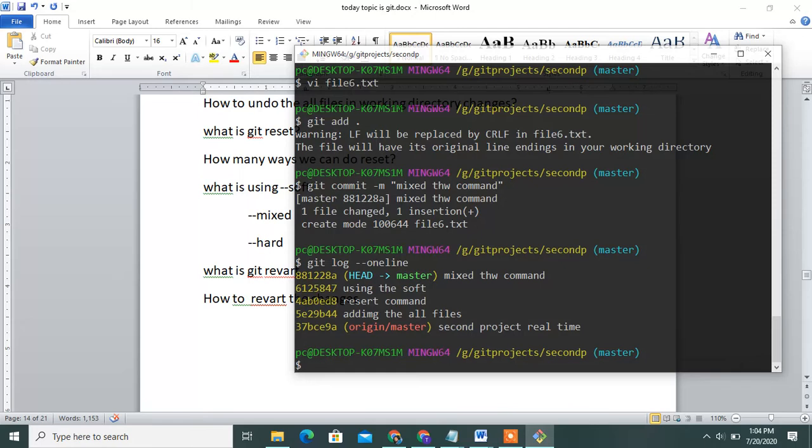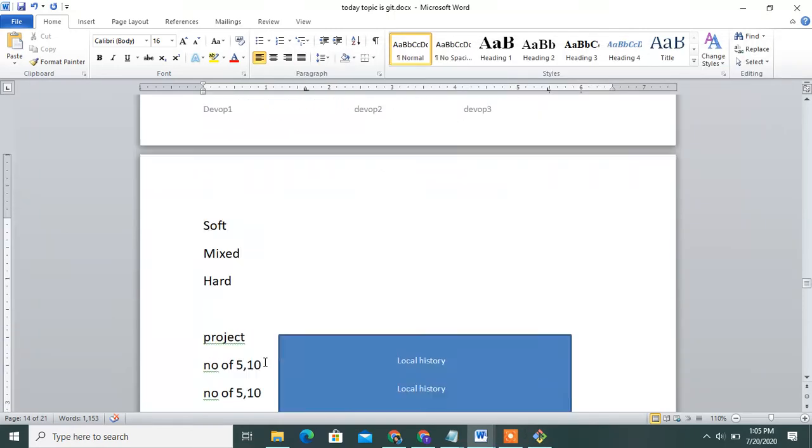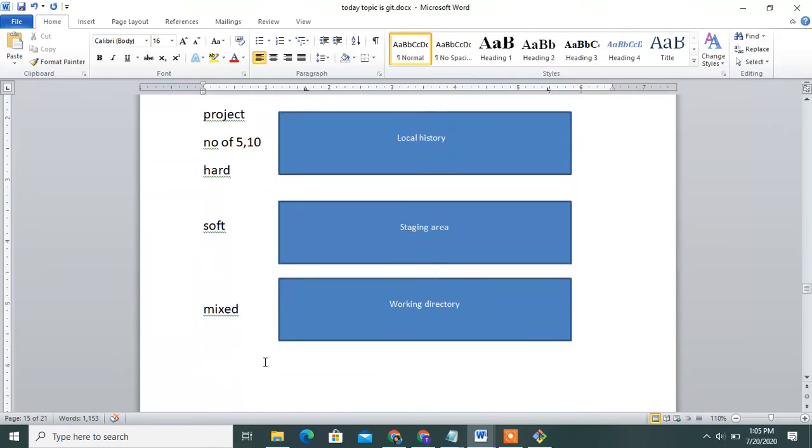The soft command deletes the commit and shows the files stored in the staging area. So observe this. Using the soft command, you can delete your commit ID, and then your changes are stored in the staging area.